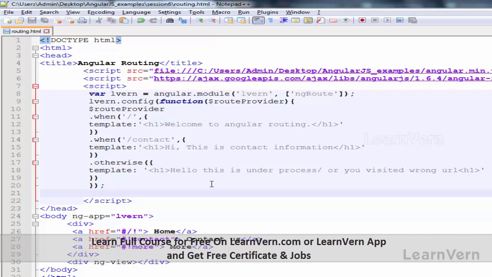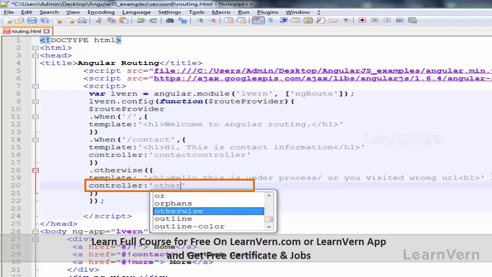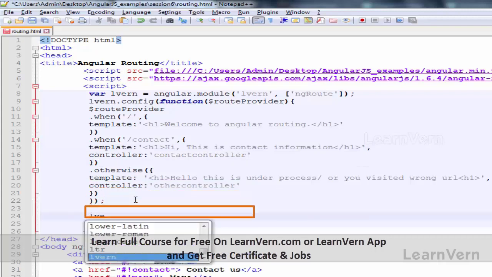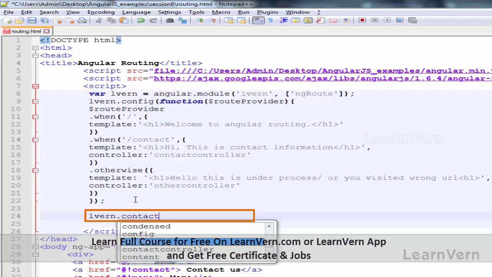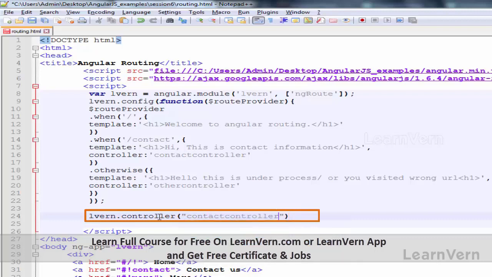So let's create some controllers for contact. Let's name the controller contact controller. Let's use a controller for otherwise as well, called other controller. Now how to use this controller? L1.controller, and inside this I will use contact controller as my controller name, and the function. As you are aware of using this controller,